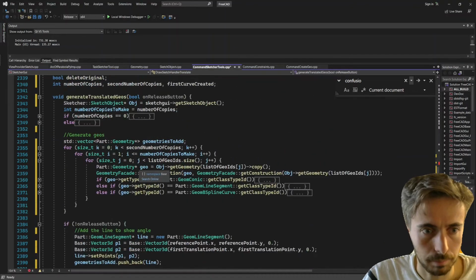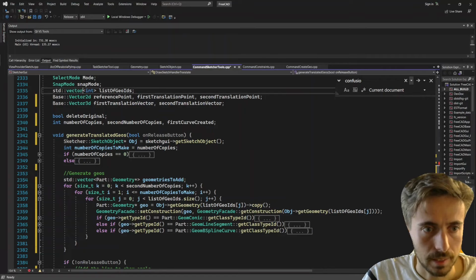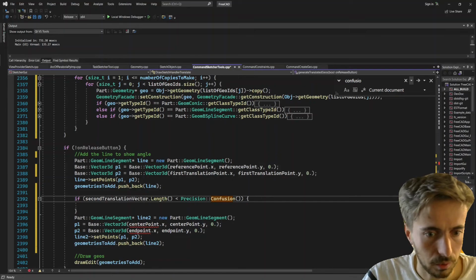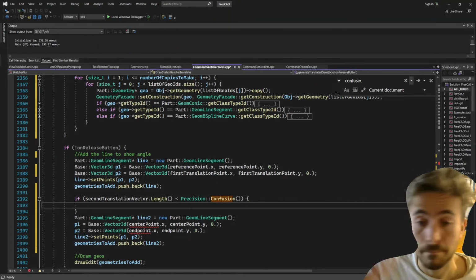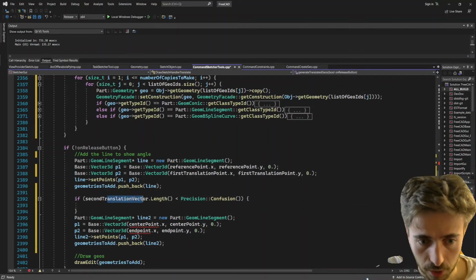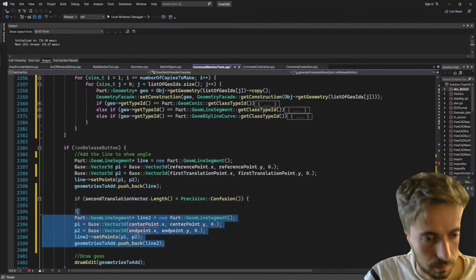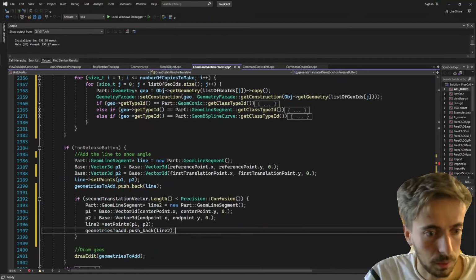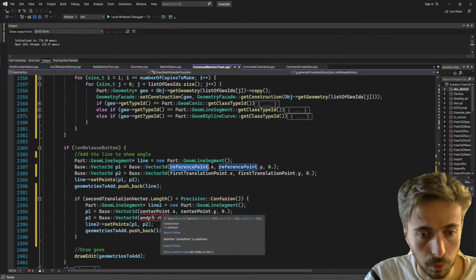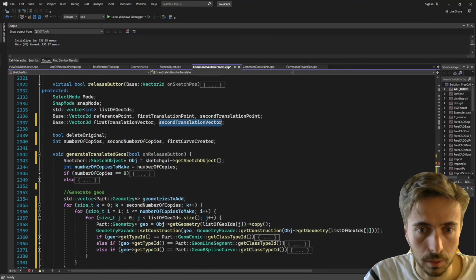But my keyboard doesn't have these characters, so it's very annoying. Okay, so that means if the translation vector length is 0, then we won't print that line, and if it's not, we'll print that line. So basically it will be reference point to reference point and second translation